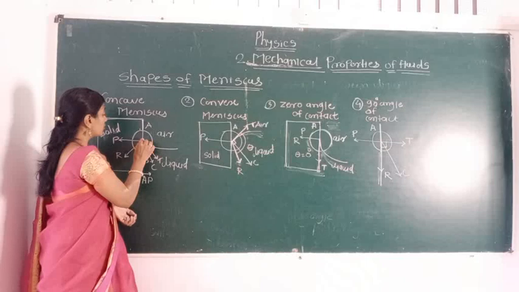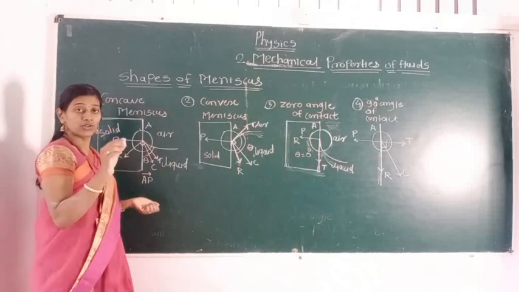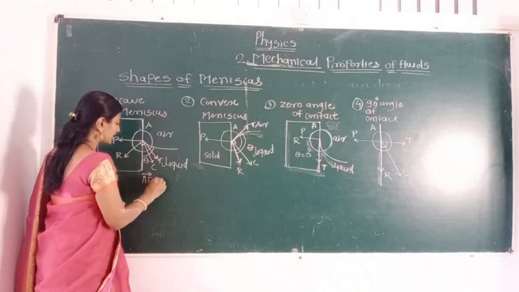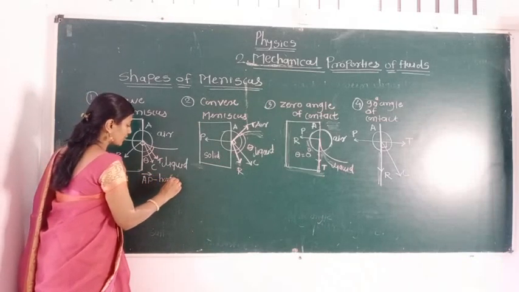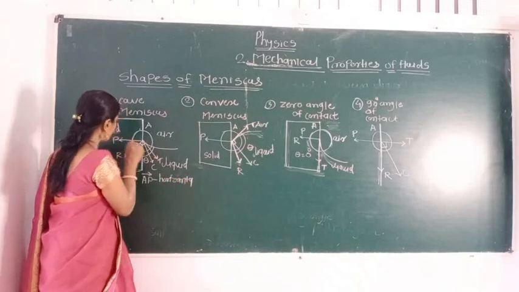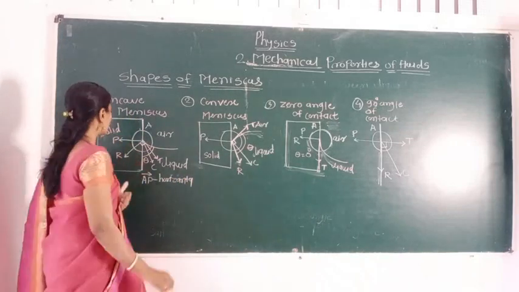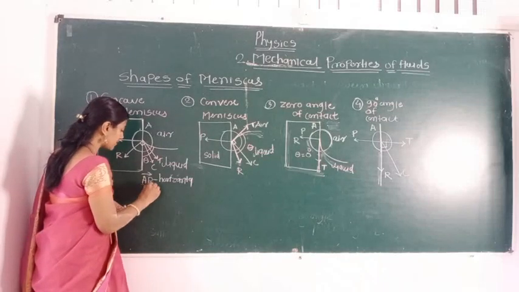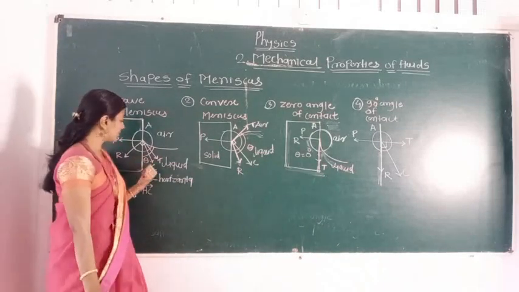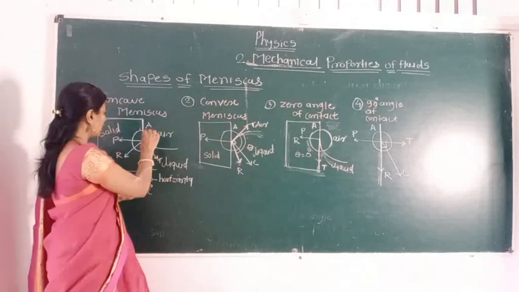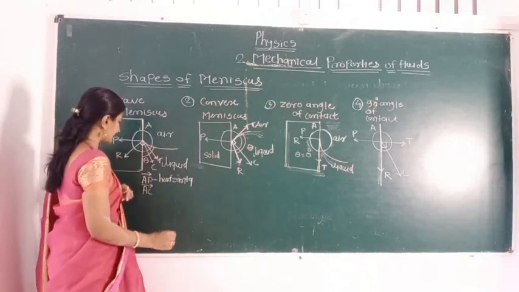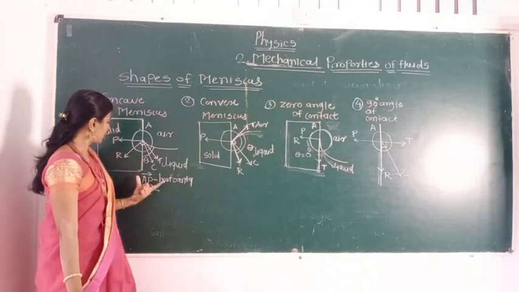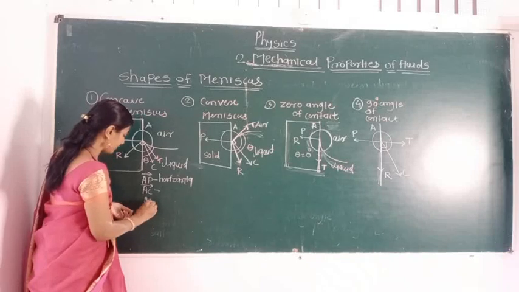Now the forces acting on molecule A: 2 forces are there. From that, the adhesive force is directed along AP. That force is horizontal. We can see here that AP is horizontal. Another force present there is the cohesive force. That cohesive force is directed along AC, the force exerted by the remaining liquid molecules on molecule A. Okay, and the resultant of those 2 forces is represented by AR.